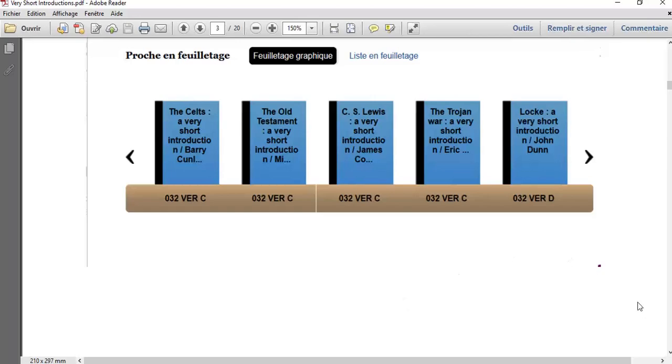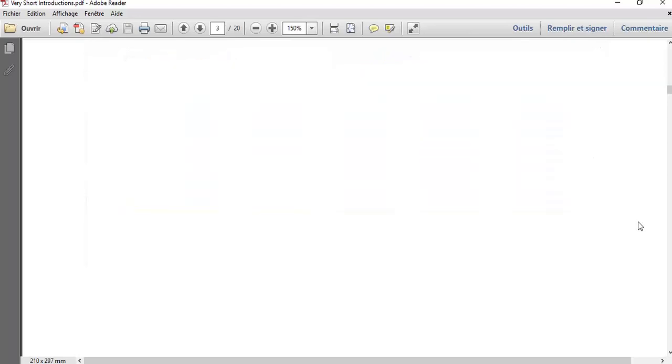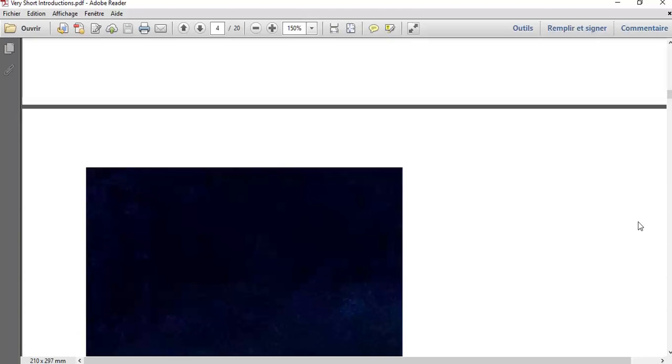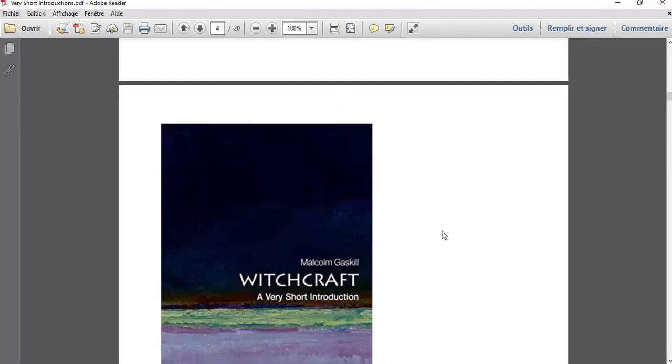And of course here it's a print screen, so I can't click on the arrows, but if I were showing you this with the online website for the University Library, we could click on the arrows and look at what comes next. Now I'm going to take an example of one book in the very short introduction collections, and this